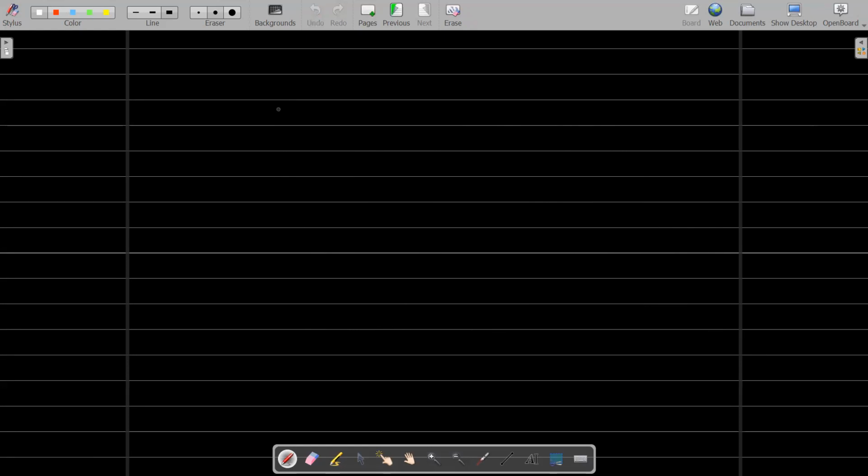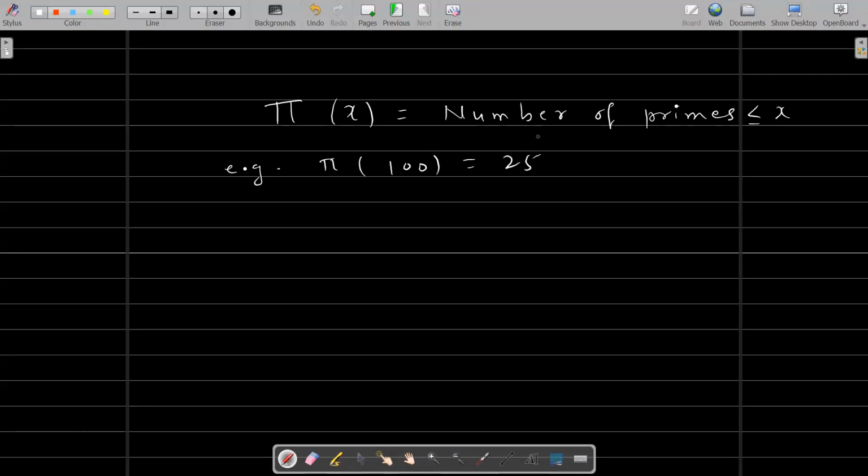Yeah, so there is one more function related to prime numbers, and that is pi of x. Pi of x stands for the number of primes up to x. So for example, at the start, we saw that pi of 100 is 25, right? Okay, so if I ask you what is pi of pi of 100,